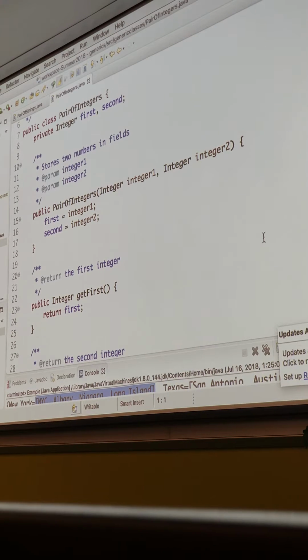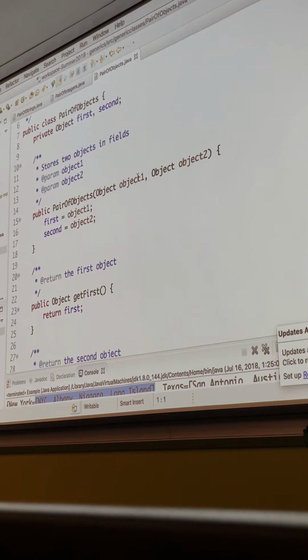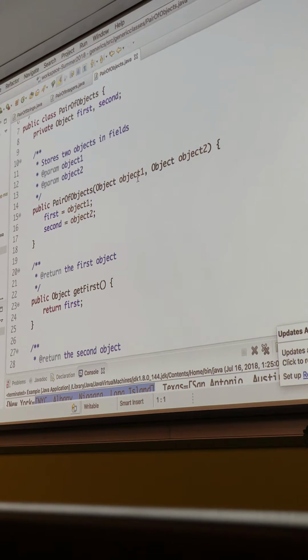So let's say instead of these two classes, we have probably the temptation first to think a string and an integer, capital I, they're both objects. So let's write a generic looking class like this. And you'll see this code on the internet a lot. Something like this, where you have a pair of objects and your object type is an object. So now it seems like it's generic, like in the English sense, not in the Java sense. It seems like it's generic enough where it takes in two objects, it doesn't matter what they are,